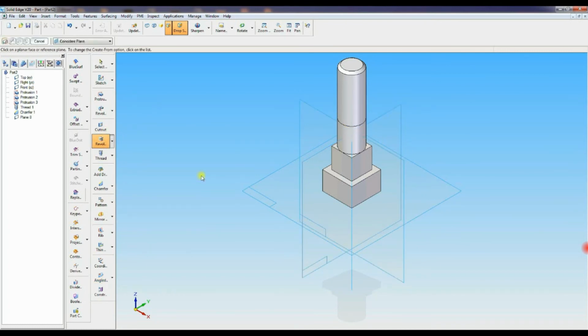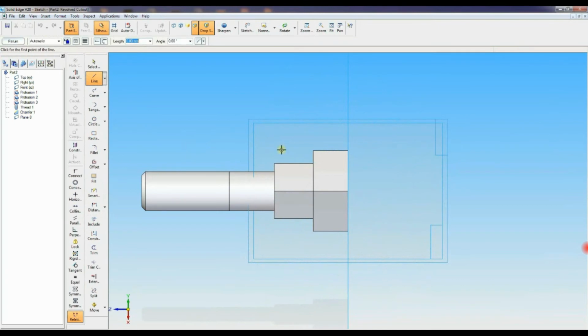Then go to revolve cutout, select that plane, and simply draw a profile like this, a simple profile.